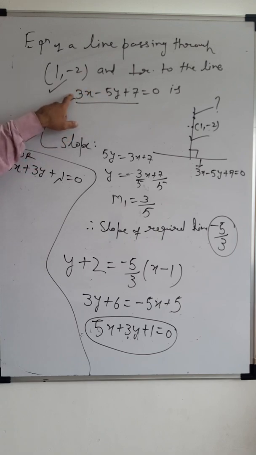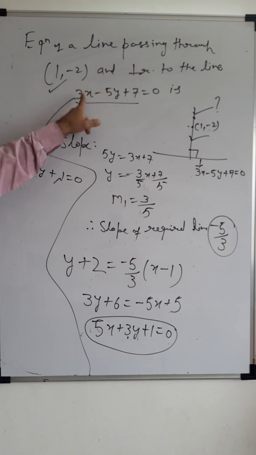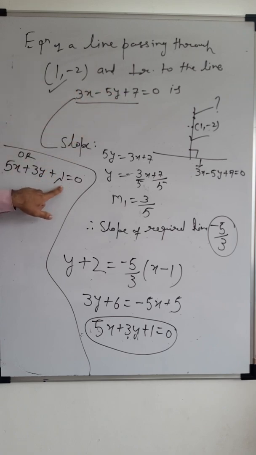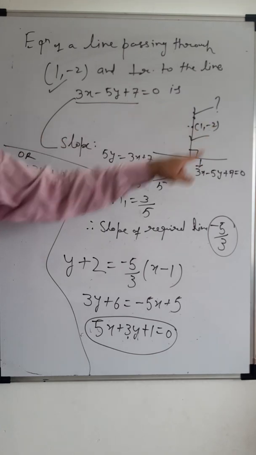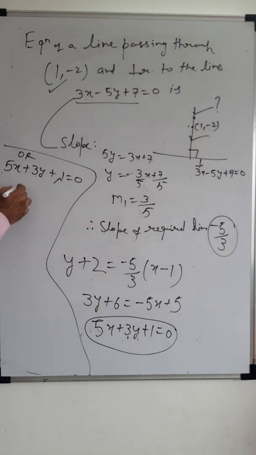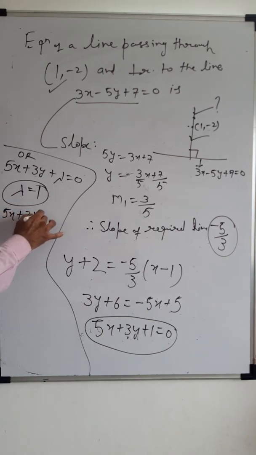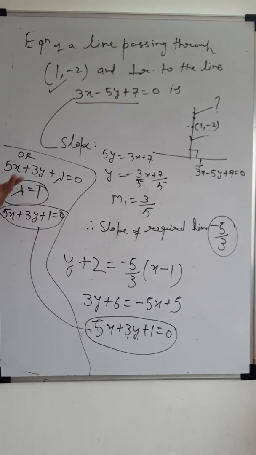तो ये 5 इधर आया था 5x और माइनस dy था, तो माइनस माइनस प्लस 3y प्लस लैम्डा, ये परपेंडिकुलर लाइन हुआ। और ये लाइन पास हो रहा है 1, -2 से, तो लैम्डा निकाल लेंगे। 1, -2 को सेटिस्फाई करा के वी विल गेट द लैम्डा, लैम्डा इज 1 कमिंग। वापस इस इक्वेशन में डाल दीजिए। सो 5x + 3y + 1 = 0, विच इज सेम एज दिस।